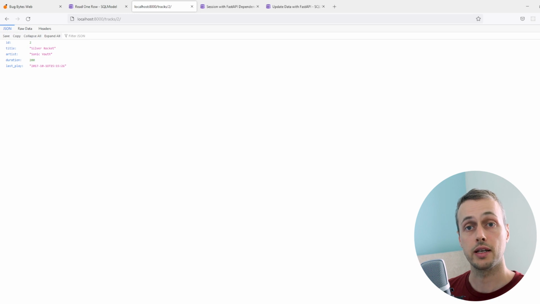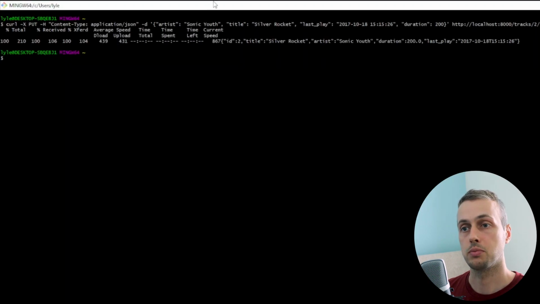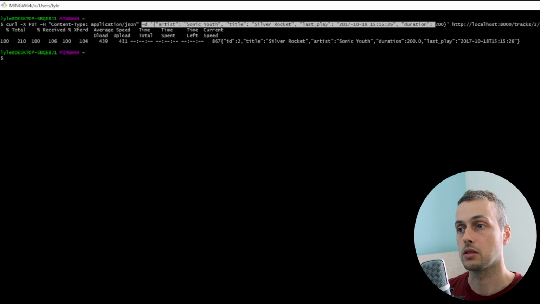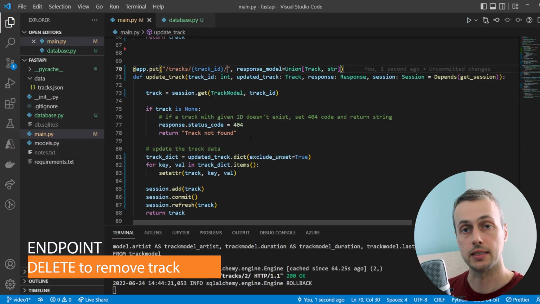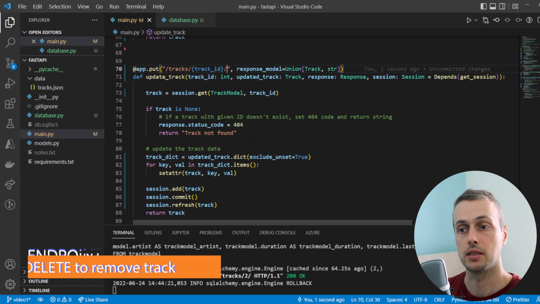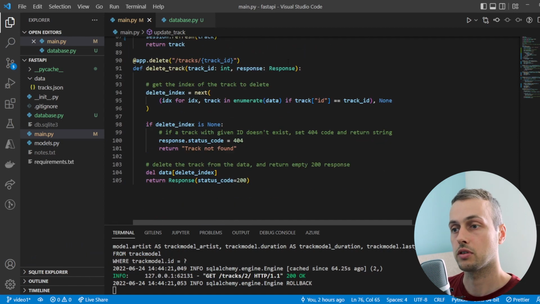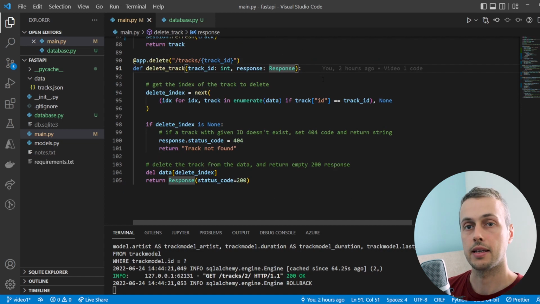We're updating the fields based on the data that was sent to the server in this put request using the -d parameter, as you can see here. So that's the put request. We're now going to finish the video up by using a delete request in order to remove data from the database. So let's scroll down to the delete function here, and what we're going to do again is inject this